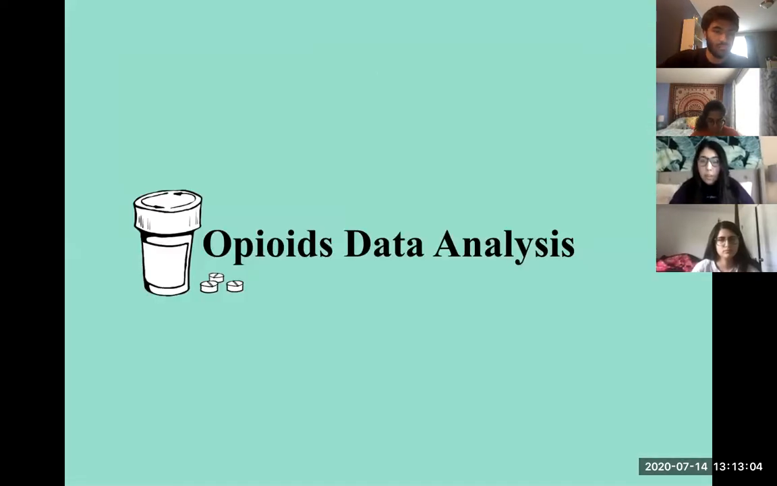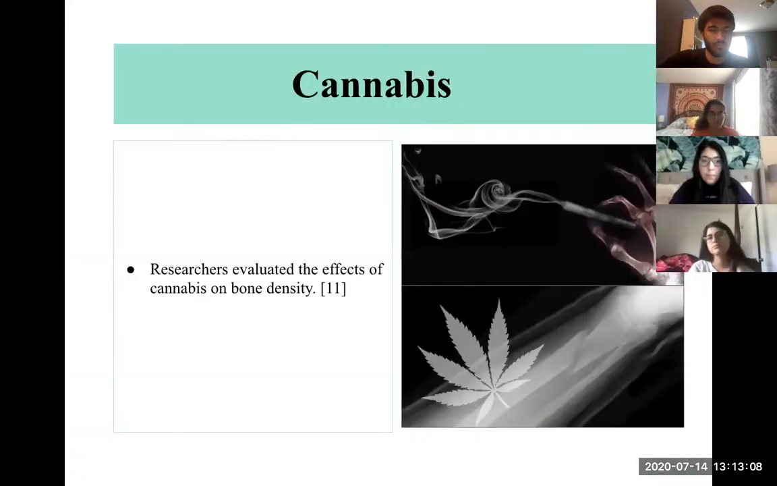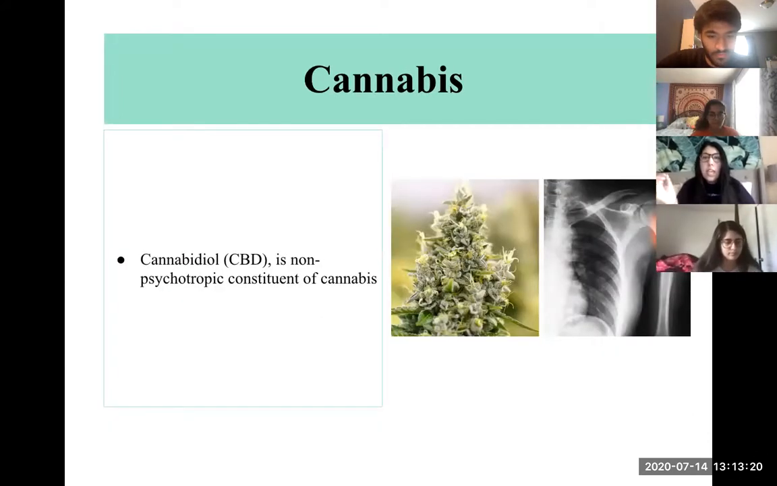So that's it on opioids. Lastly is cannabis. Researchers have been playing around with cannabis for a long time now, and while the rest have had pretty damaging effects, researchers want to see if they can use CBD oil, or CBD, which is the non-psychosis aspect of marijuana, to actually help bones